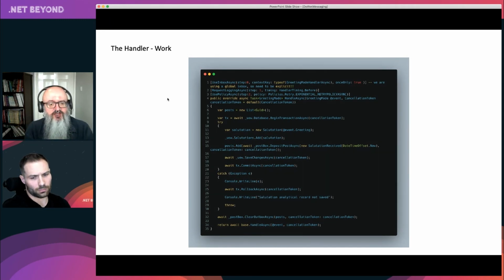What we're saying here, for example, is use an inbox, the top one. In the inbox, you could receive a duplicate message, so we check to make sure we haven't seen this one before, and we basically reject it if we've seen it before. Request logging just says log stuff, so we know what's going on.